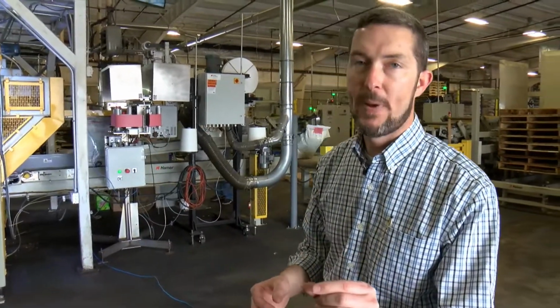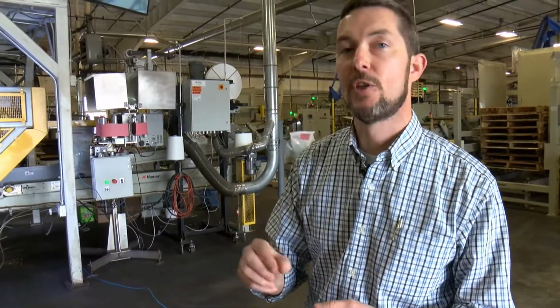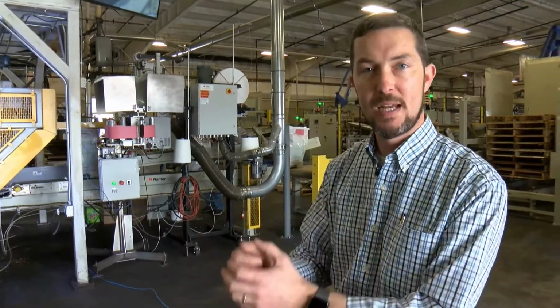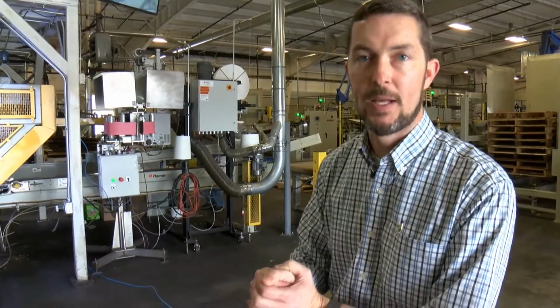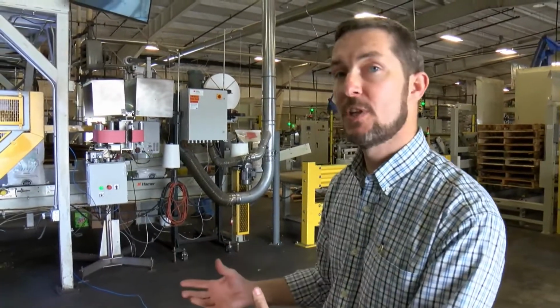But why would we have different sizes? Well, we make the small pellet to use inside our textured feeds. And we choose to use a very small pellet so that it's about the same size as an oat. It makes it difficult for the horse to separate the proteins, vitamins, and minerals in that small pellet from the yummy oats and corn and beet pulp and potentially other ingredients. So that's one reason to use the small pellet. The nice part of using the larger pellet,